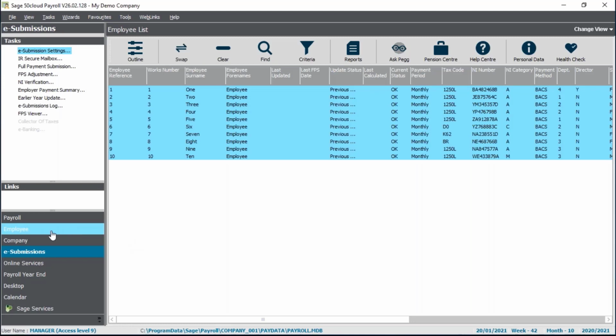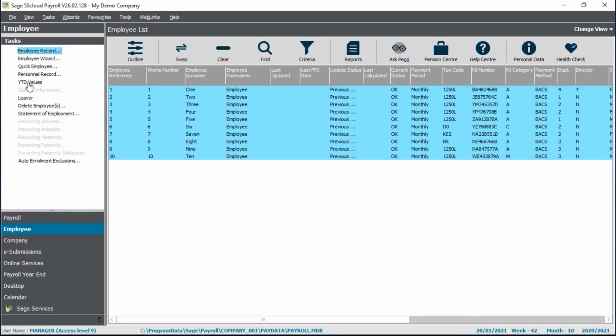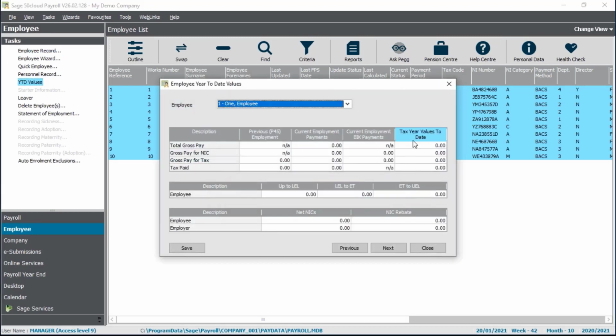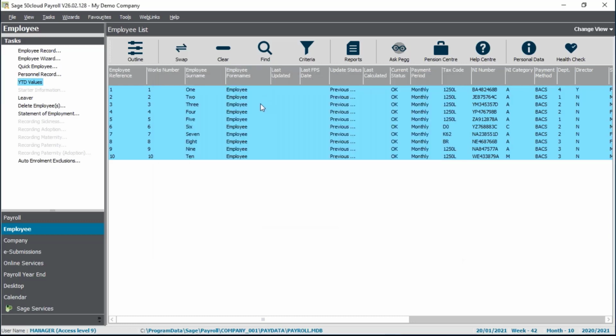If you've not done that, to enter year-to-dates, you can go to the employee tasks and select YTD values. This is where you can enter basic year-to-date values for each employee. You can save it, move on to the next employee, and repeat for each one. If there's any further year-to-dates you need to enter,